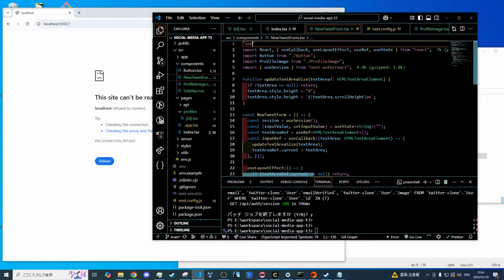So what we can do is create a new function. I'm going to call this one Form. And inside of here, I'm just going to take all the code that I have in my new tweet form, copy all of this, and paste it into there. There we go. So now essentially I've taken everything and put it inside this Form component. And now we have our